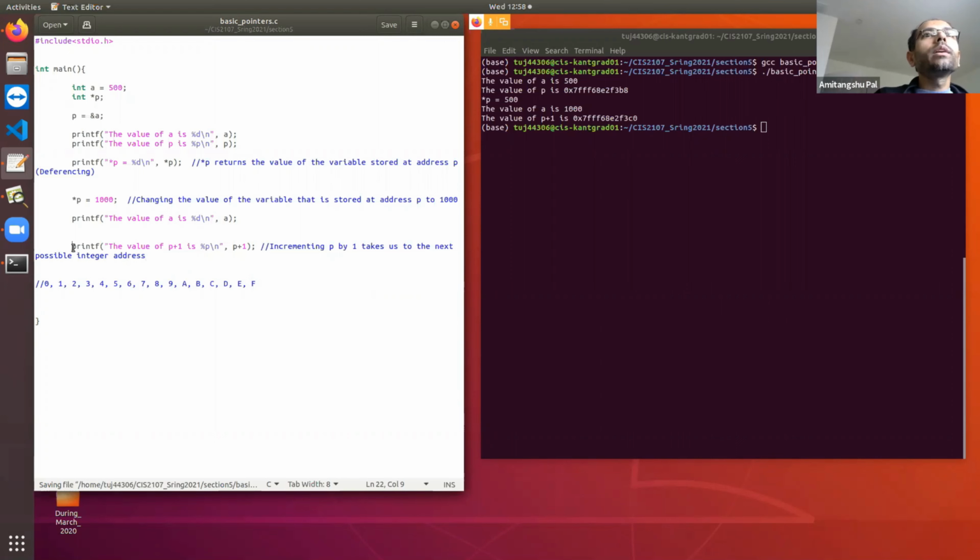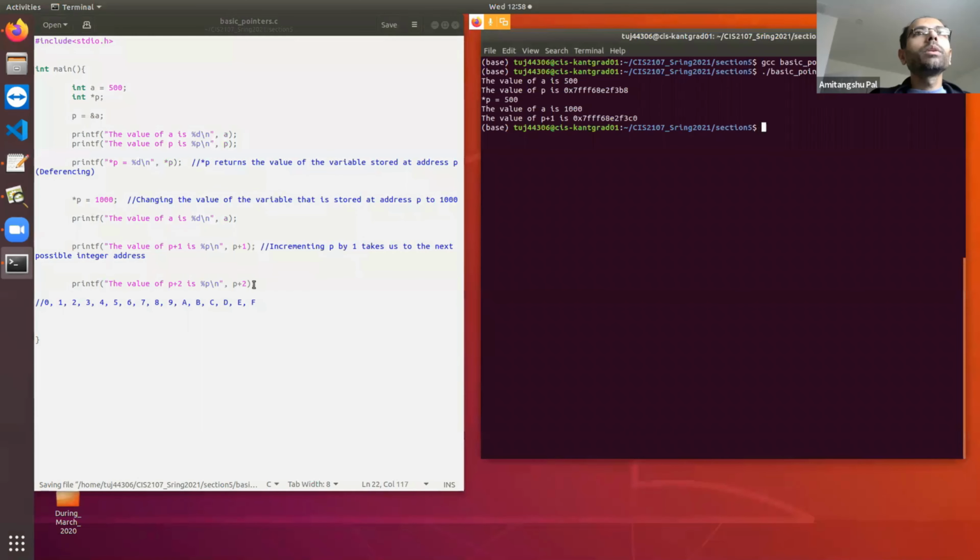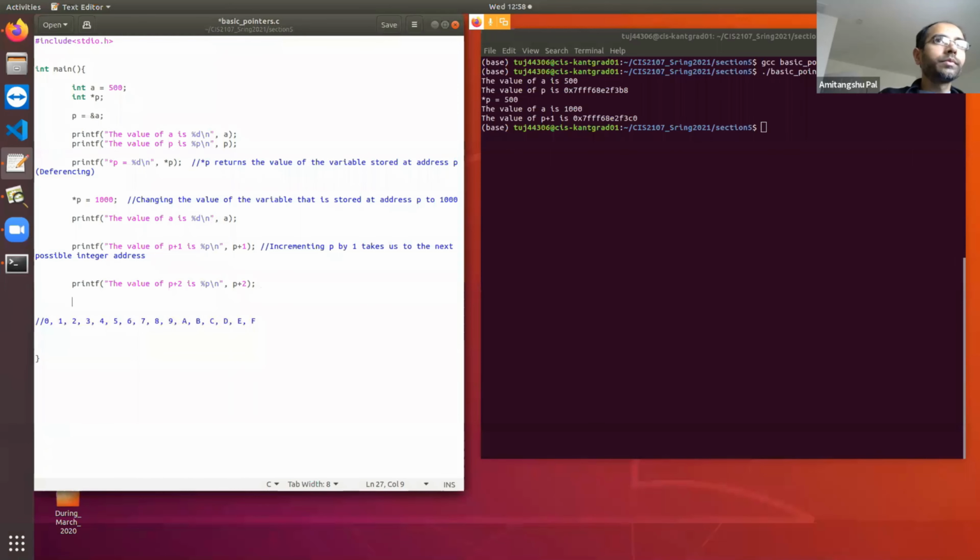So that means if I print p plus 2, what is going to be the difference between this and this? 4 bytes again. Okay, if I print p plus 3, then also the difference between these two is going to be 4.